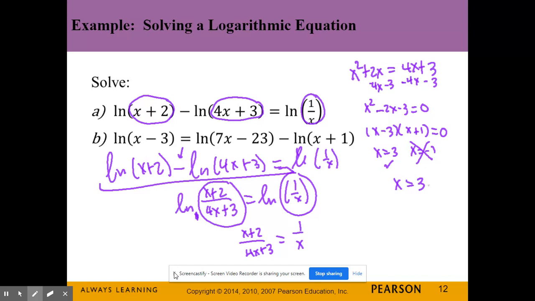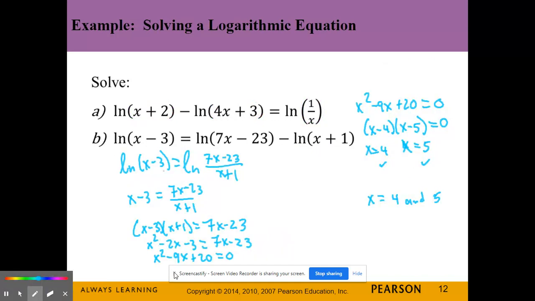Okay. For part A, x equals 3. Why don't you try part B and then come back after you unpause and we can check. So for this one,